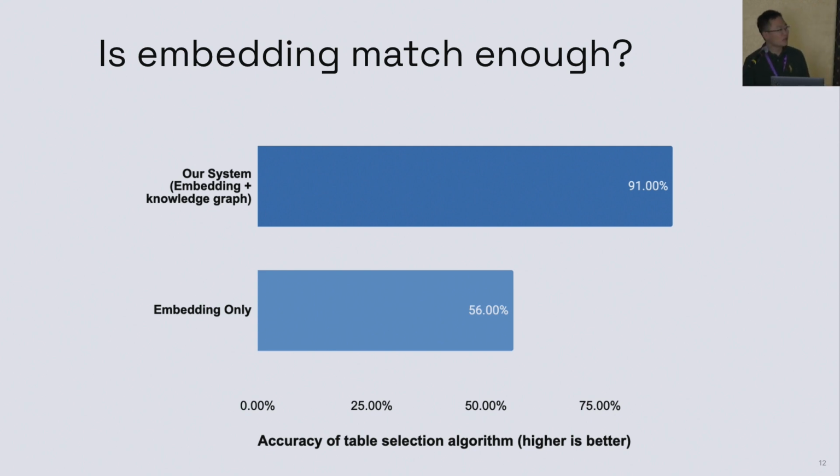We initially tried this approach, and we saw only 56% of the table retrievals were correct. For example, if you have a query where you want to get some information from the date dimension table and stuff like that, these things are normally not liked by the embedding model. So the embedding model will basically throw these tables away instead of adding them to the prompt. So we actually implemented our system using a combination of embedding, knowledge graph, and a large language model based approach. And we see the result is actually pretty good for most of the cases.